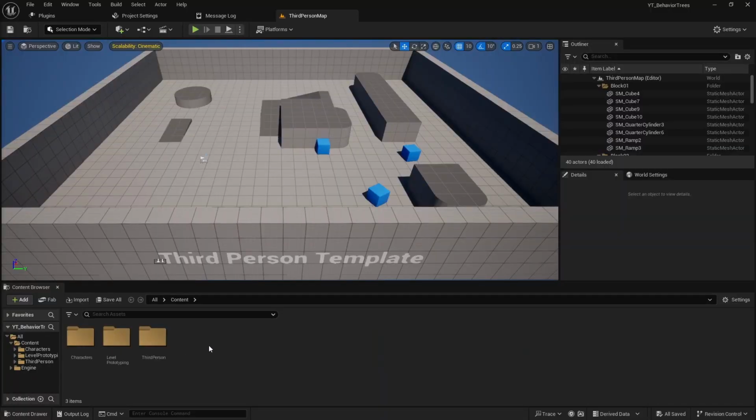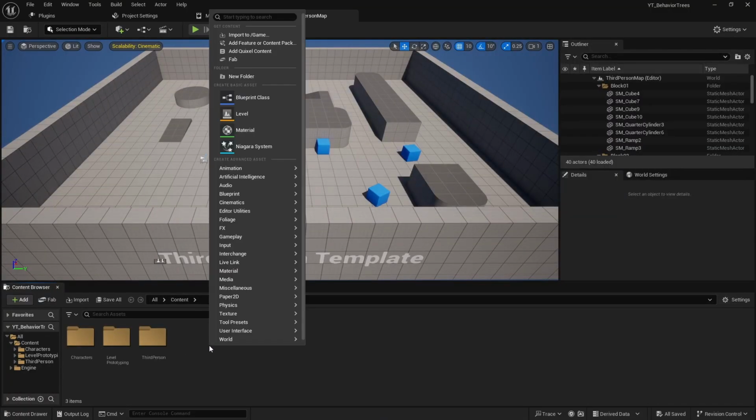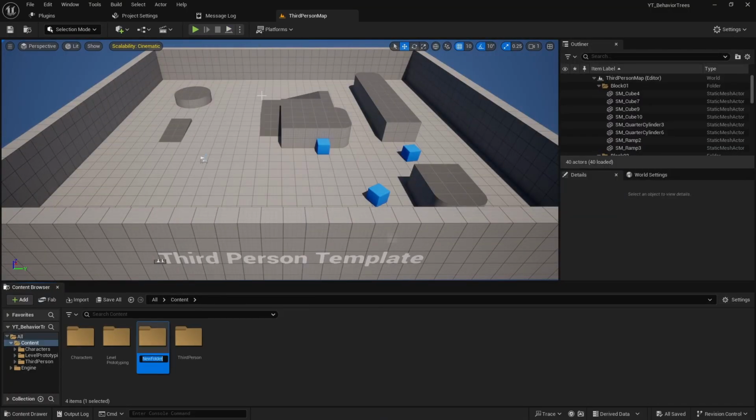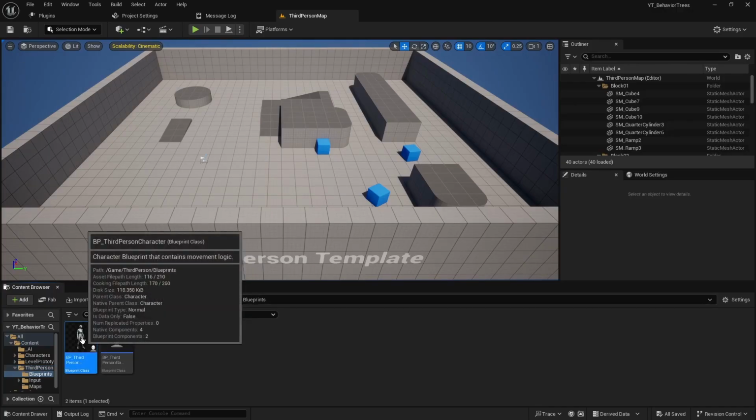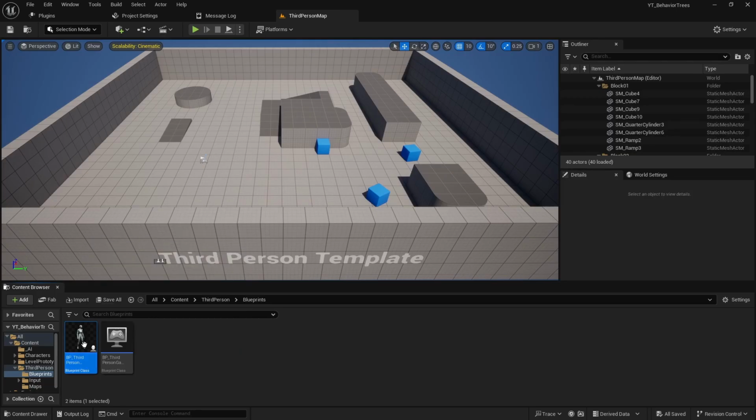So first thing we're going to do is set up our project so we can right click, create a new folder, and we'll call it _AI. Then I'm going to go into the third person folder, select blueprints, and I'm using the third person template. So I'm going to be stealing the character component of that. So I can just simply drag this into the AI folder, and I'm going to do a copy here to make a duplicate. If I then go to my AI folder, I can select that and press F2 to rename it, because this is going to be my enemy. So I'll call it